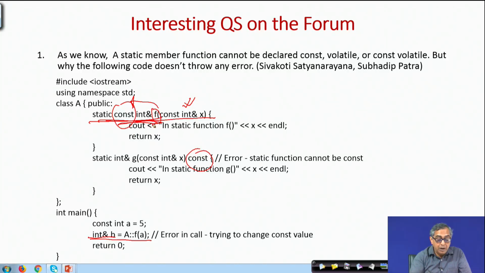Of course, it does not make sense to return a constant value by value, because a value is a copy. So, if you say that I am returning const int, then you have returned something which is a copy. So, what is a const? Typically const makes sense in the return if you have a reference. So, that is the example I have worked out, but if you try this syntax of defining a const on